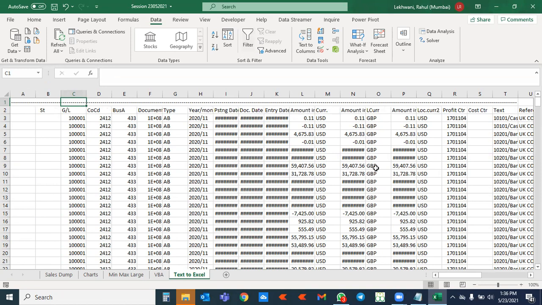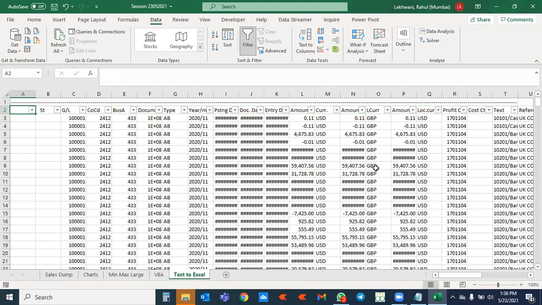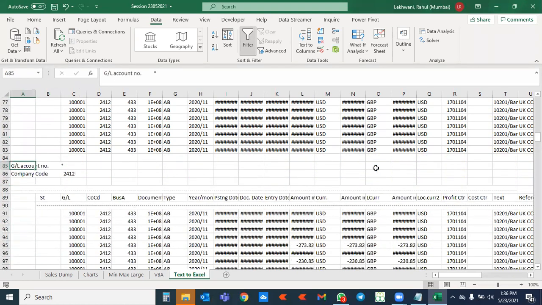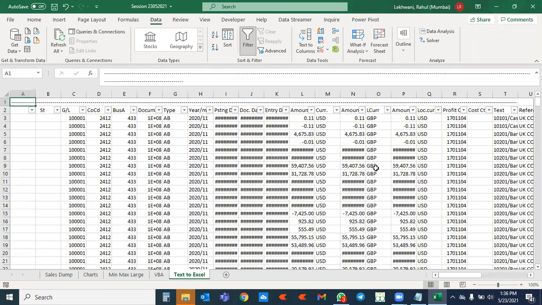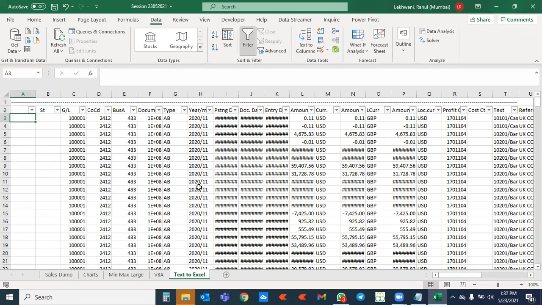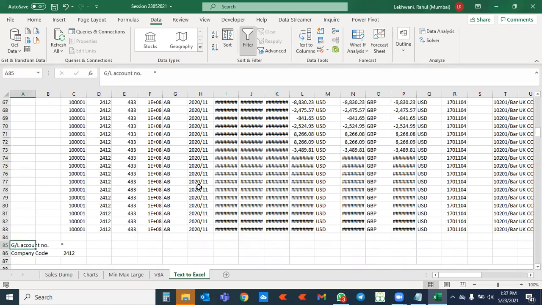So I'll go here and filter. See, here there is no data. Wherever there is data, this data is there. This line item I don't want in my data, so I'll filter. Here also it is not showing me the data, but the data is there, like GL account and other things.